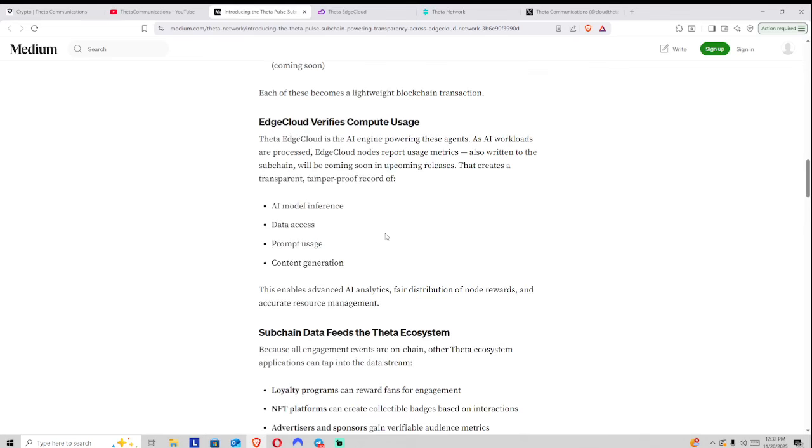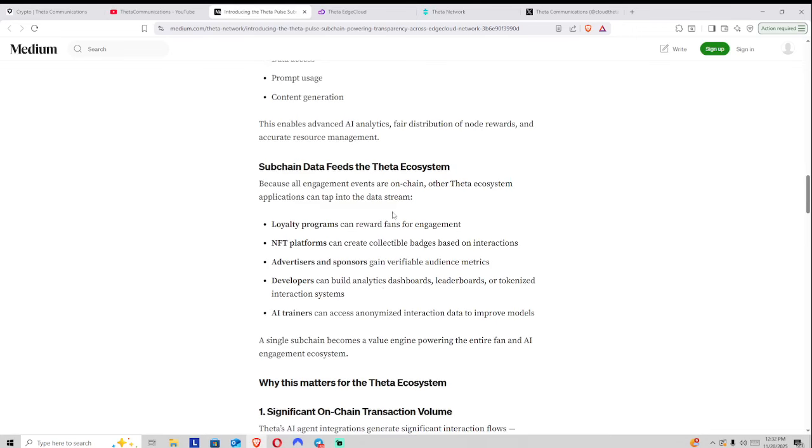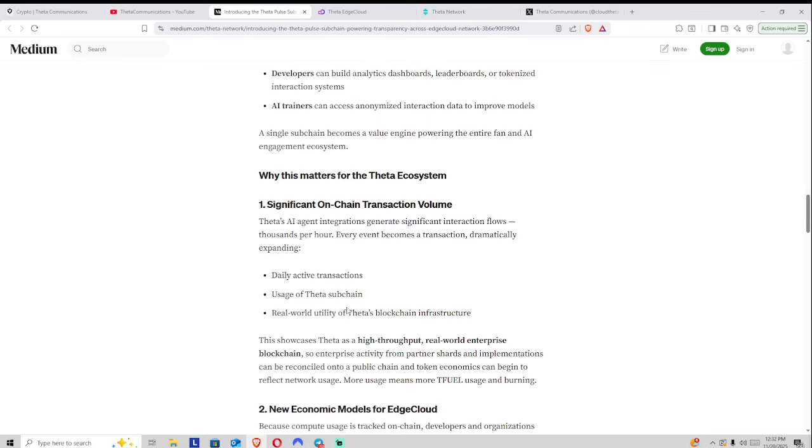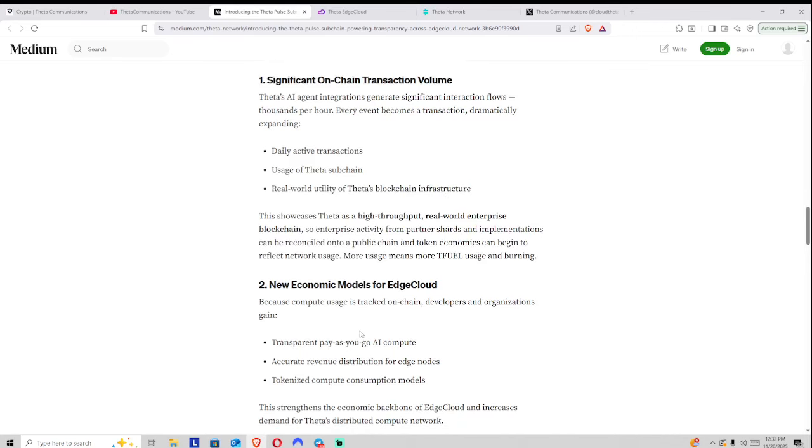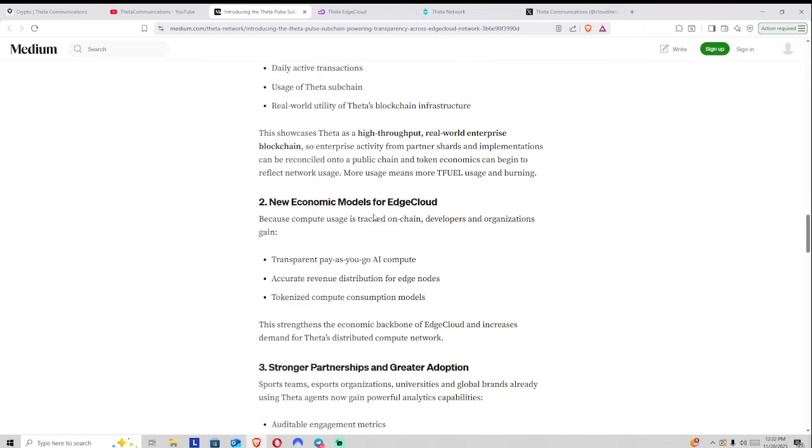So they're going to be slow rolling this out, tinkering, testing, and then it's going to be rolled out broadly across the ecosystem. This is going to be a major milestone, and why this is so significant for the Theta ecosystem is because this really means new economic models for the Edgecloud, especially because all of us are running different edge nodes all across the globe right now, especially for us, for Theta Communications.